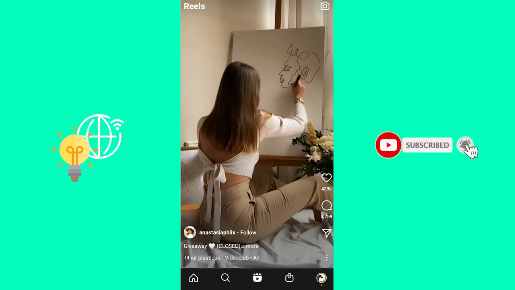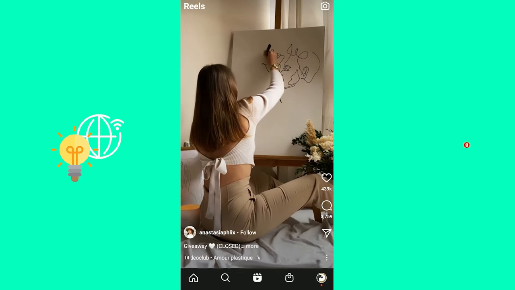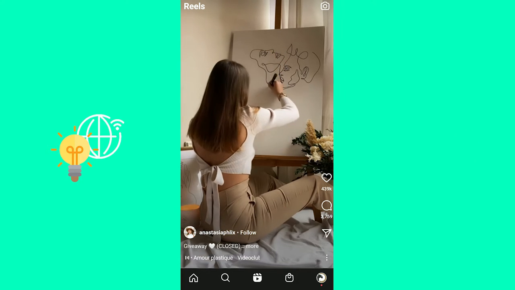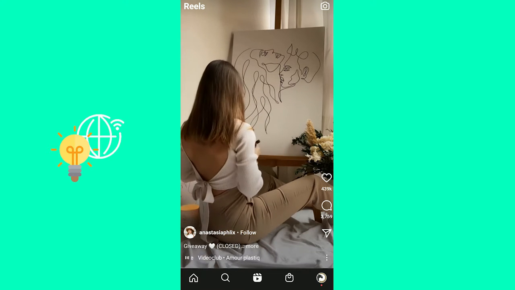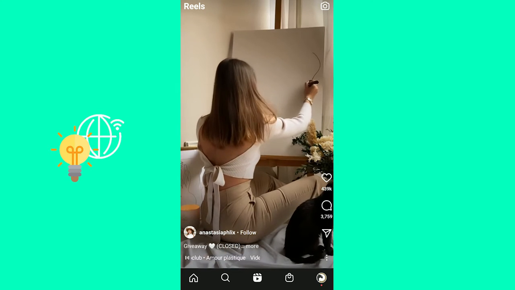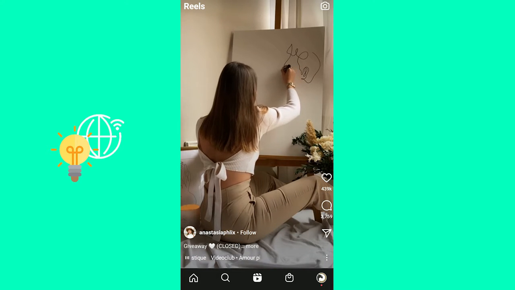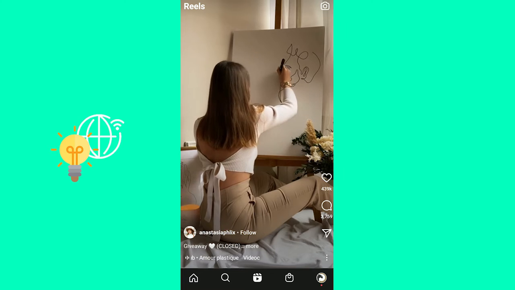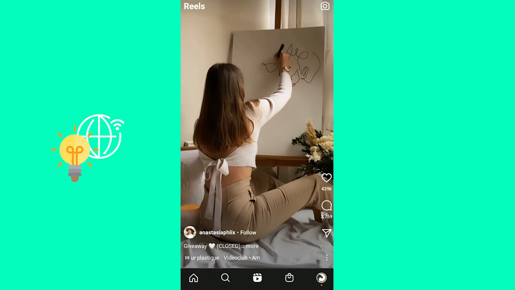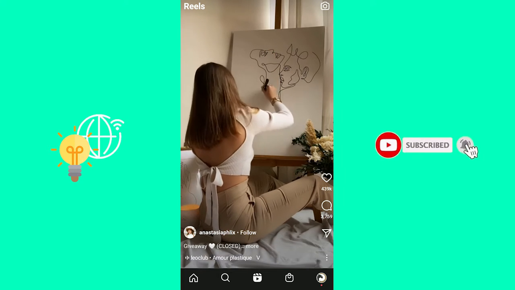In this video, I'm going to show you how to use Instagram Reels Remix, which is the new Reels update for Instagram in 2021. The Instagram Reel Remix is pretty much the same as a React on TikTok. So what you're going to do in order to remix an Instagram Reel is go to Reels at the bottom